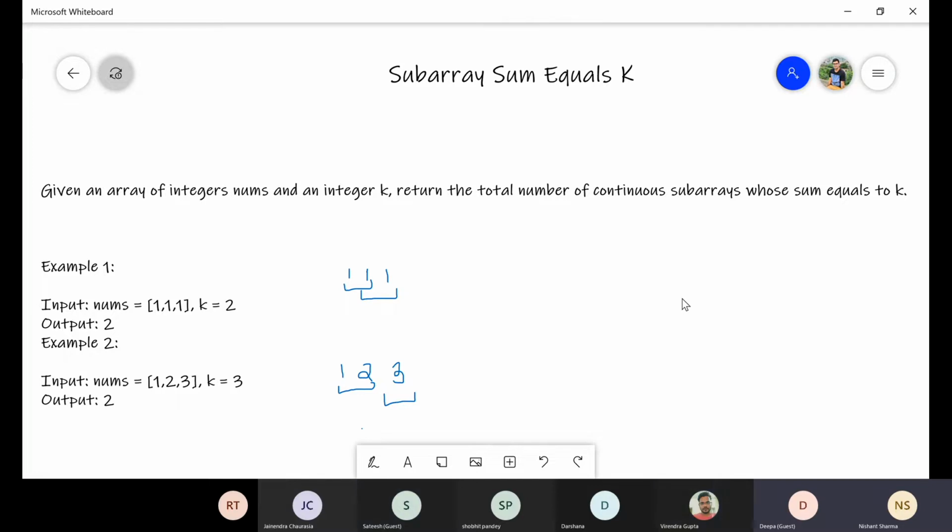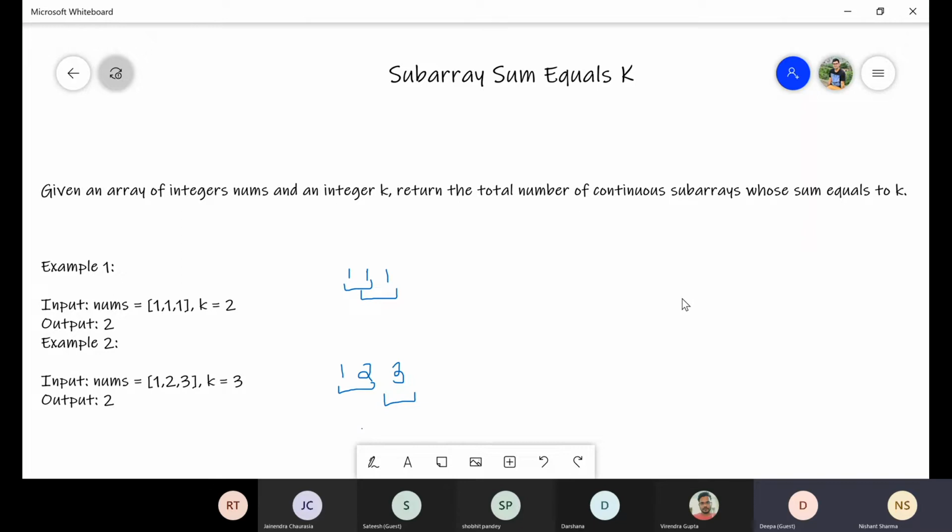So basically, we will start with one of the array problems, which is very common and most frequently asked in interview questions. The problem is called subarray sum equals k. The problem statement is: given an array of integers, nums, and an integer k, which is the expected sum, return the total number of contiguous subarrays whose sum equals k. So we will see through the example itself.